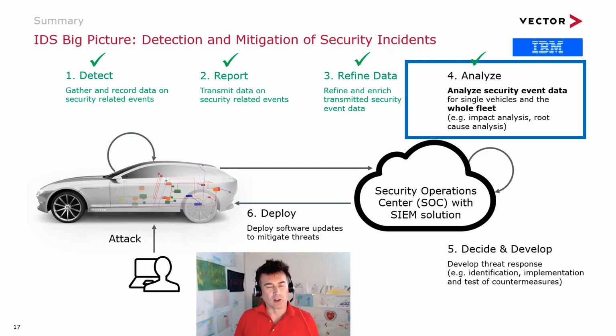Thank you. Yes, Justus, thank you very much for giving us the insights about the Security Operations Center and all the data sources and services which are basically also connected and contributing to what the Security Operations Center can perform. And with this, I would like to conclude with a short summary of our presentation about IDS. We already covered the detection, the reporting, the finding of data, and finally also the processes in the vehicle security operations center. So I think today we did really a lot to get a consistent picture about the detection and mitigation of security incidents, which is a solution from end to end,